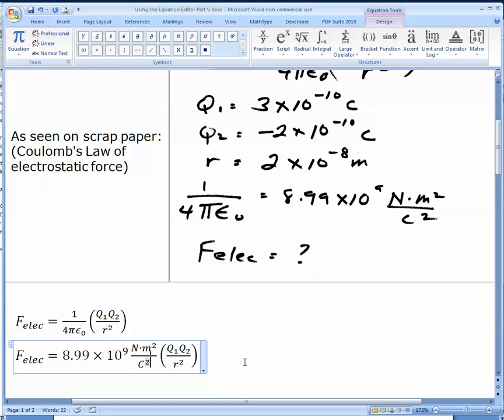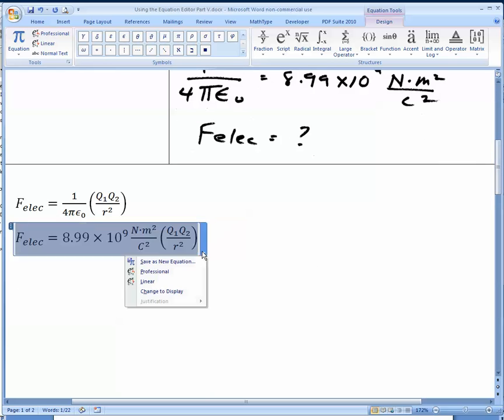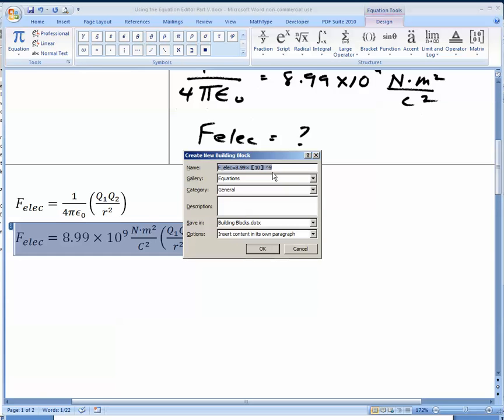Now, we've done a lot of work so far, and this formula is going to be generally applicable for any solution of Coulomb's law in a vacuum. So we may want to save it and use it again. And to do that, we can click the arrow here, click on Save as New Equation. I will call it